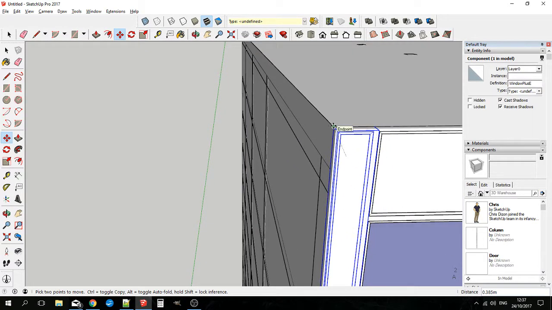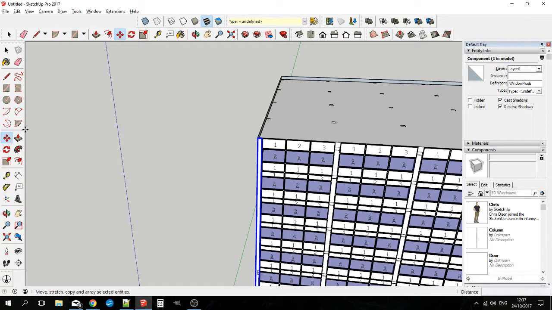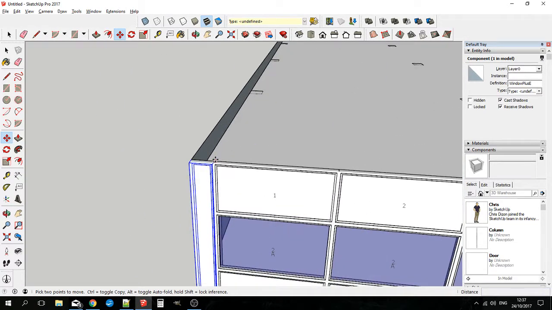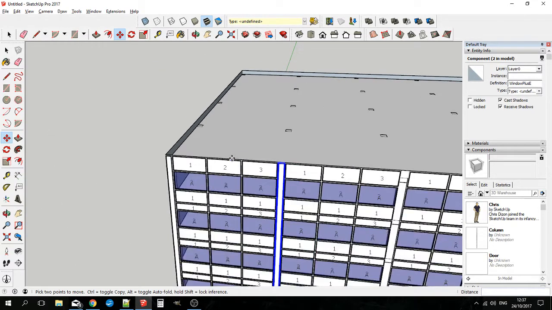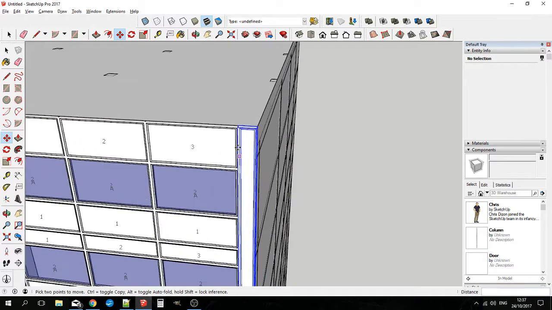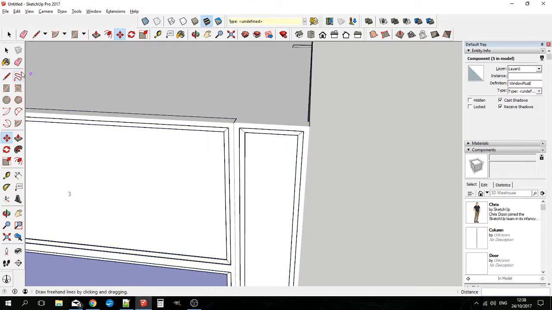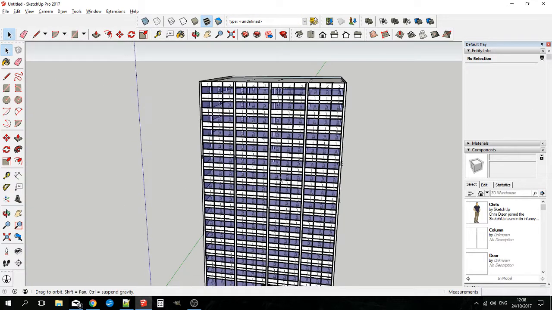So all I need to do now is copy it over. 4 columns by 4. That's it. Hopefully it's going in accurately. Yep, looks good to me. And that's our building elevated.